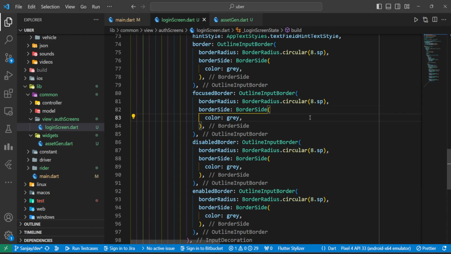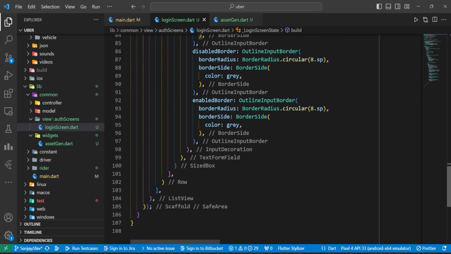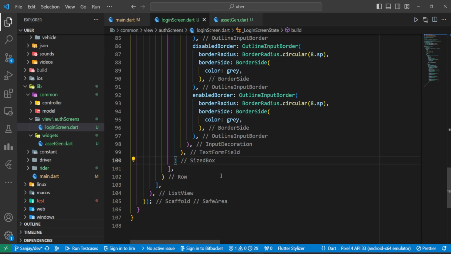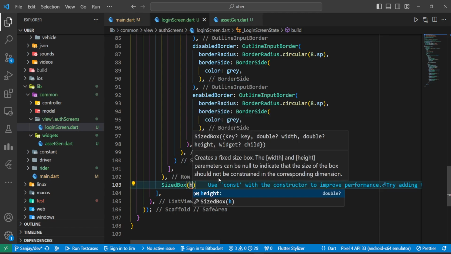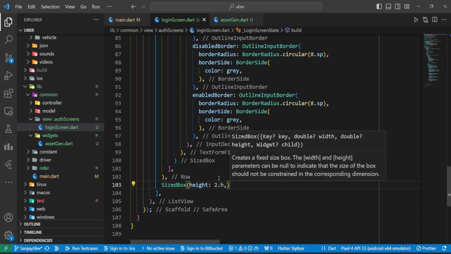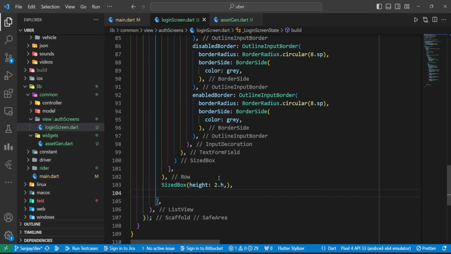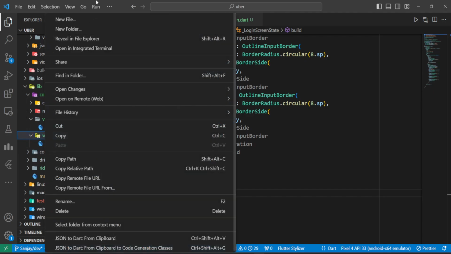Now let's run our app. So before we run our app, let's come up here, after this row we will introduce a little bit of free space. Size box, it's going to be height 2.h, and then here we will introduce an elevated button. So throughout the app we will be using elevated button multiple times. So let's build a common elevated button. For that I will head over to the common section, and inside widgets I will create a